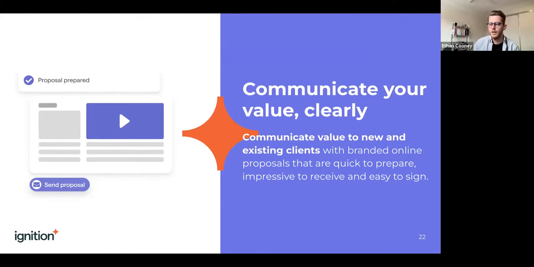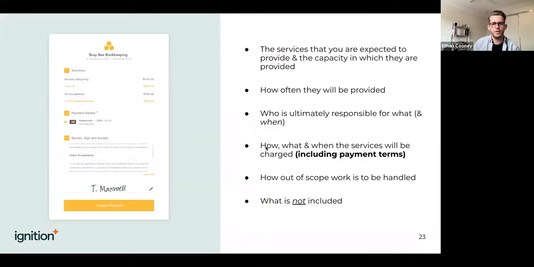Yeah, absolutely. And look, just to be clear, we'll show you what Beck's referring to in terms of options in a few minutes, but on your engagement letter, or your proposal rather, you should at least be including all the services which you've agreed to provide to the client, how often those will be provided, who's going to be responsible for what, how you're going to charge for those services, all of your payment terms, how out of scope is going to be handled, and what is not included. And the last point is the most